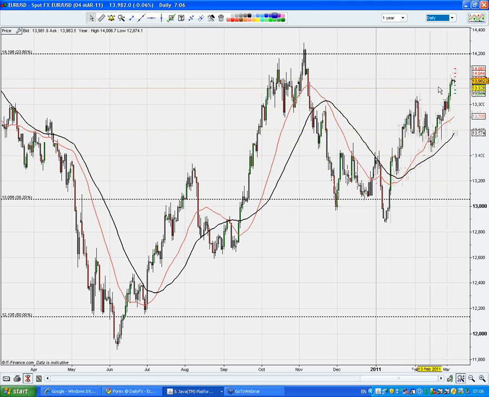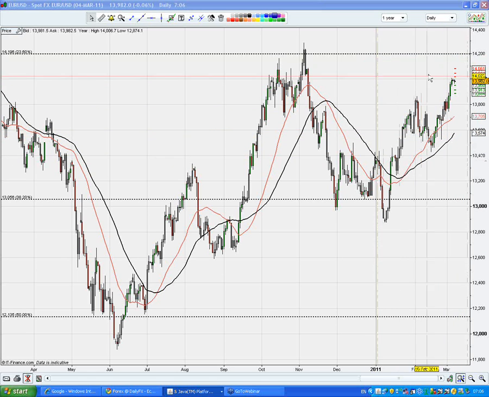And you can see it's made a new high. So for all intents and purposes, the euro-US dollar is trending up. It's made a new high, it's above the moving average 50. So everything points towards the market going up. And it's approaching the next retracement. So from a swing trading point of view, you can buy at the